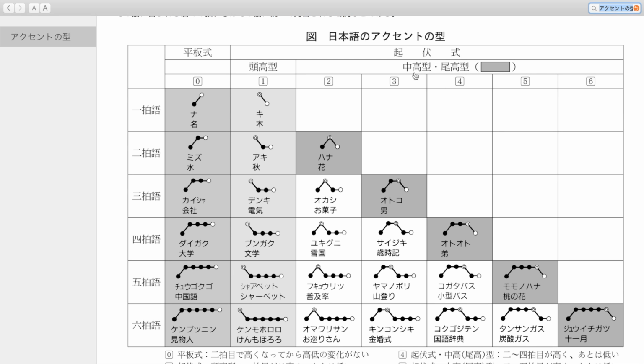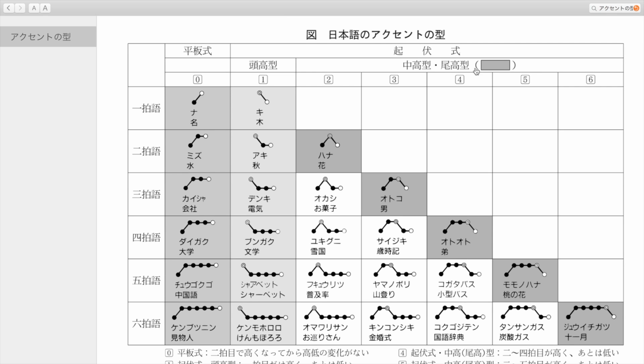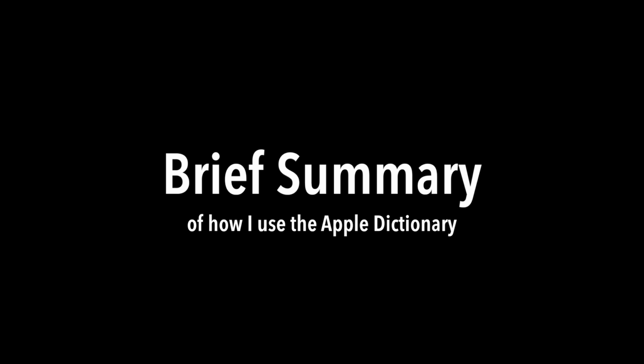But if it's going to be one or the other, how do we know which of the families that it belongs to? The only difference between nakadaka and odaka is that for odaka words, this number will correspond with the number of mora that the word has.